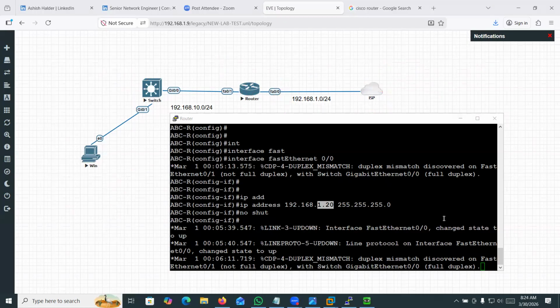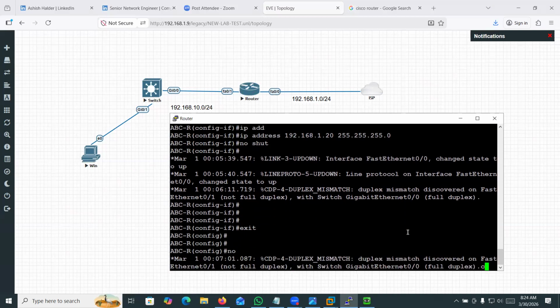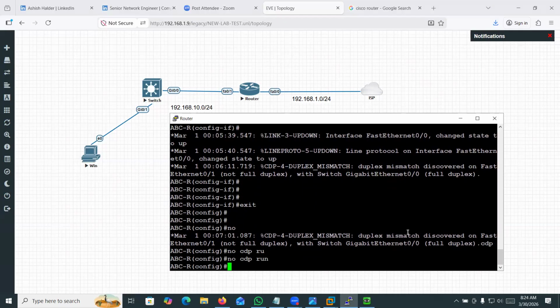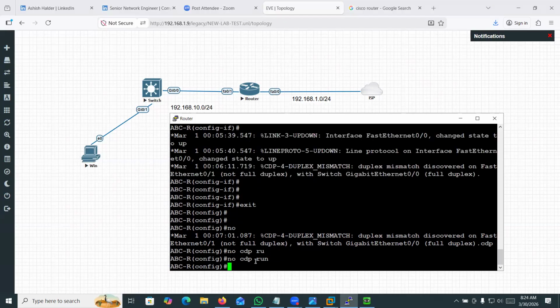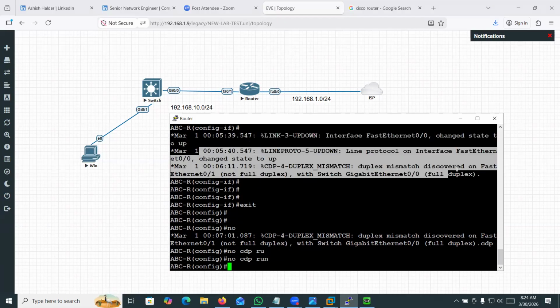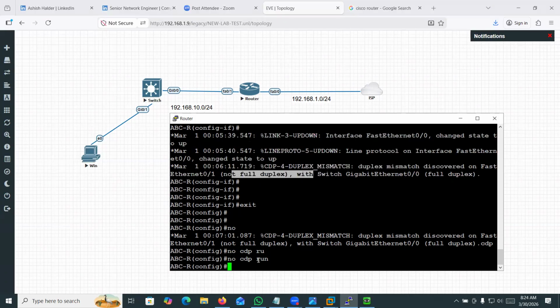Now we have configured our IP address. So, no cdp run. This is an extra command I am typing here, and I will explain it in class, not now. Because the neighbors are sending multiple error messages, to stop the neighbor messages I just apply no cdp run. Now I will not get any duplicate messages anymore. So I need to disable CDP.